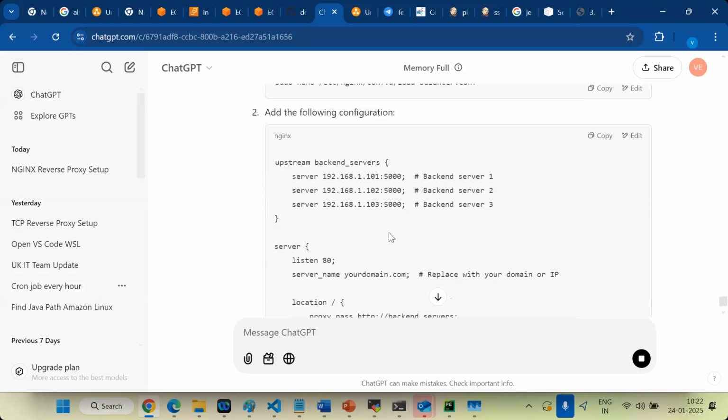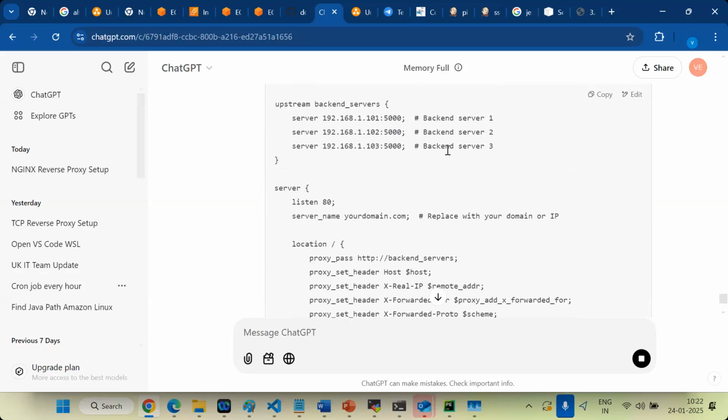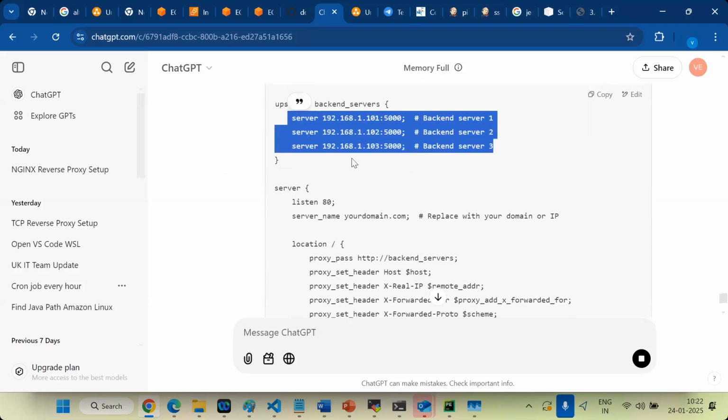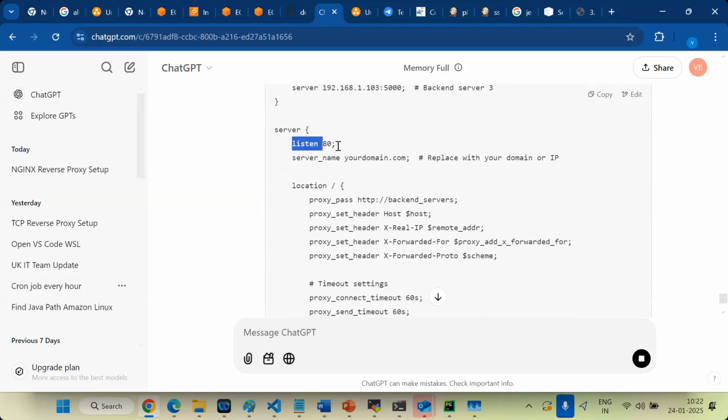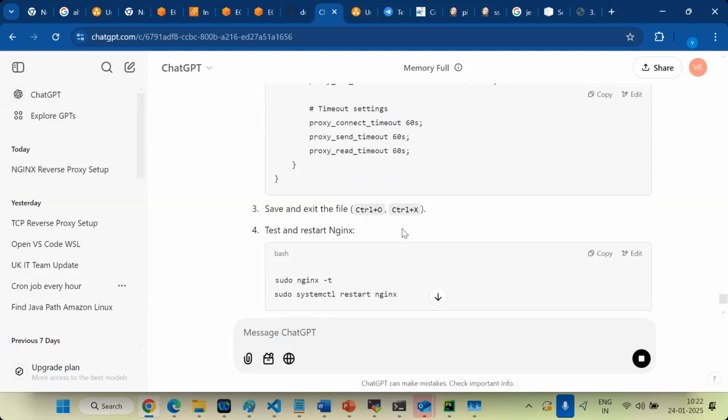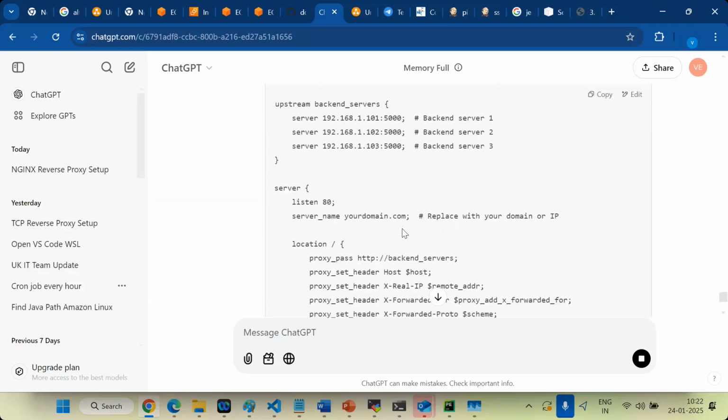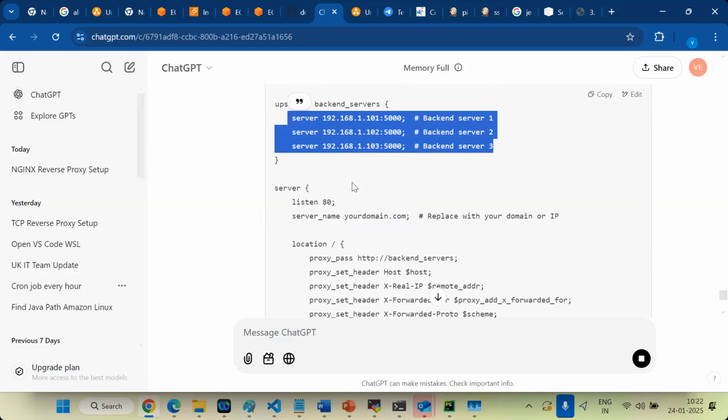Now my Nginx points to one server only, right? Create two more servers, same application server only. Now the same application is running on three servers. How will Nginx redirect requests and work like a load balancer? See, add here a list of IPs. And Nginx listens on 80. And just run it. That's it only. Whatever domain name you give for the server, that domain in Route 53, that domain name is redirected to these three servers with the help of Nginx.